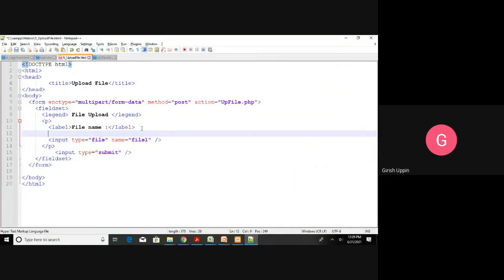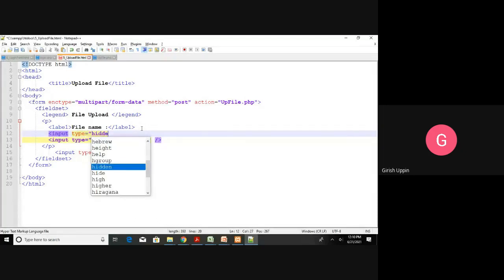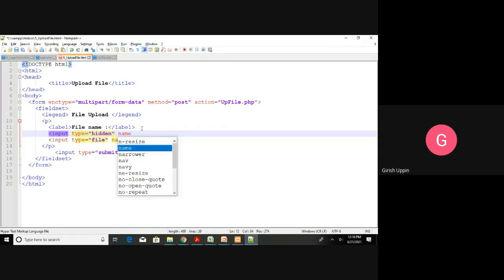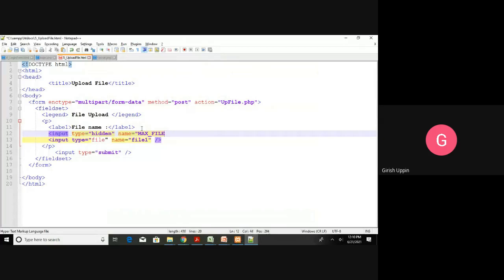So I will say input type is equal to hidden, then name is equal to max_file_size. Then the last one is how much value you want to set.